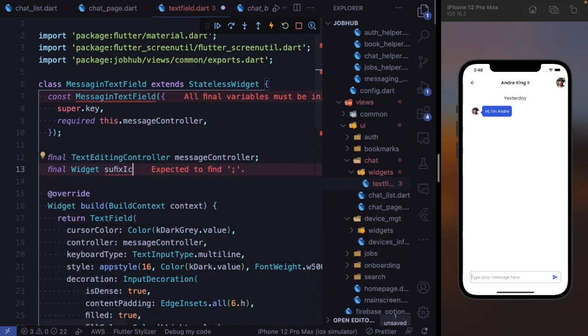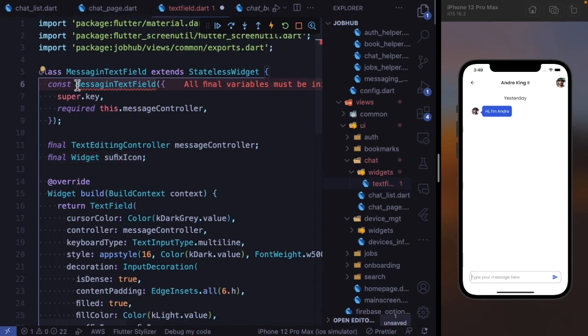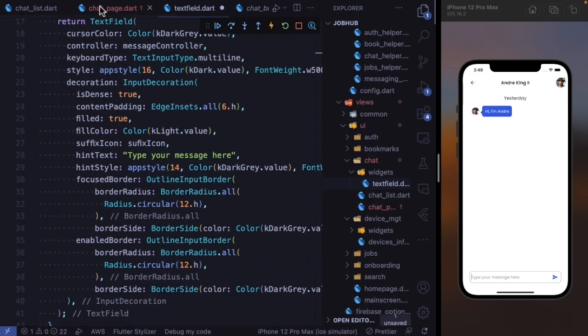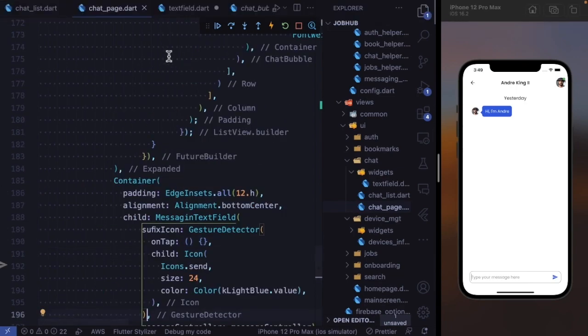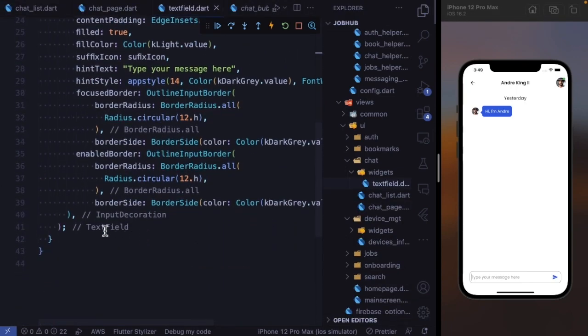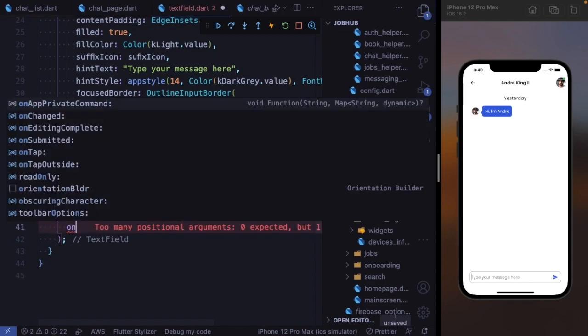Suffix icon. And it's required in here. And then we paste our suffix icon. Let's format our code. So far so good. Back to our text widgets. So we need to add some other properties here. We need